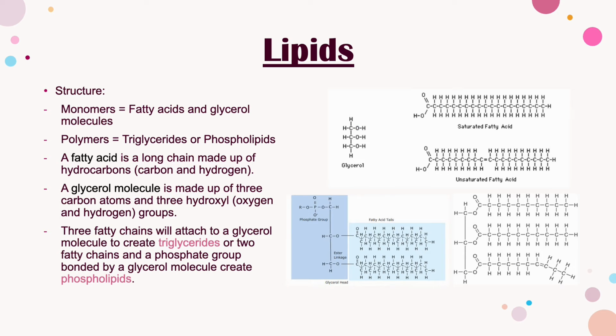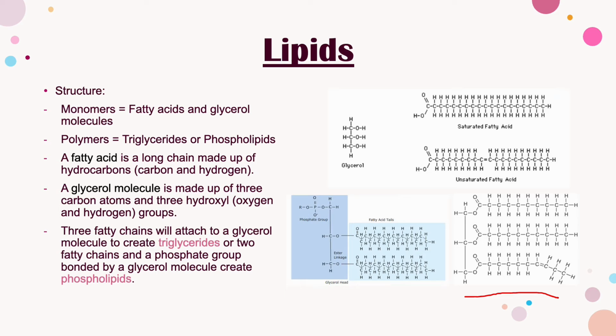Fatty acids and glycerol molecules are the monomers used to build triglycerides or phospholipids. A fatty acid is a long chain made up of hydrocarbons, which consist of carbon and hydrogen. A glycerol molecule is made up of 3 carbon atoms and 3 hydroxyl groups, which contain oxygen and hydrogen. 3 fatty chains will attach to a glycerol molecule to create triglycerides, as we can see in this picture, or